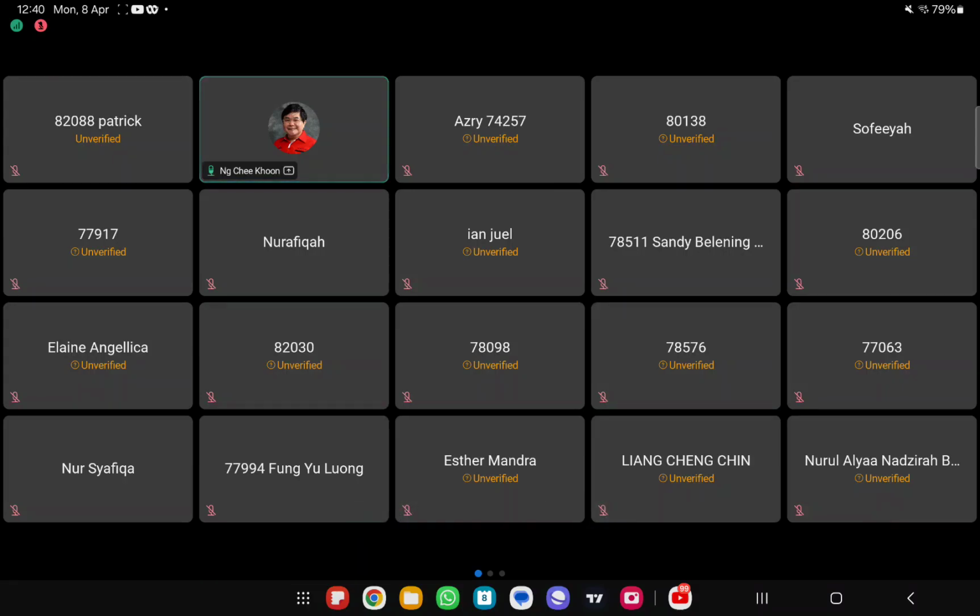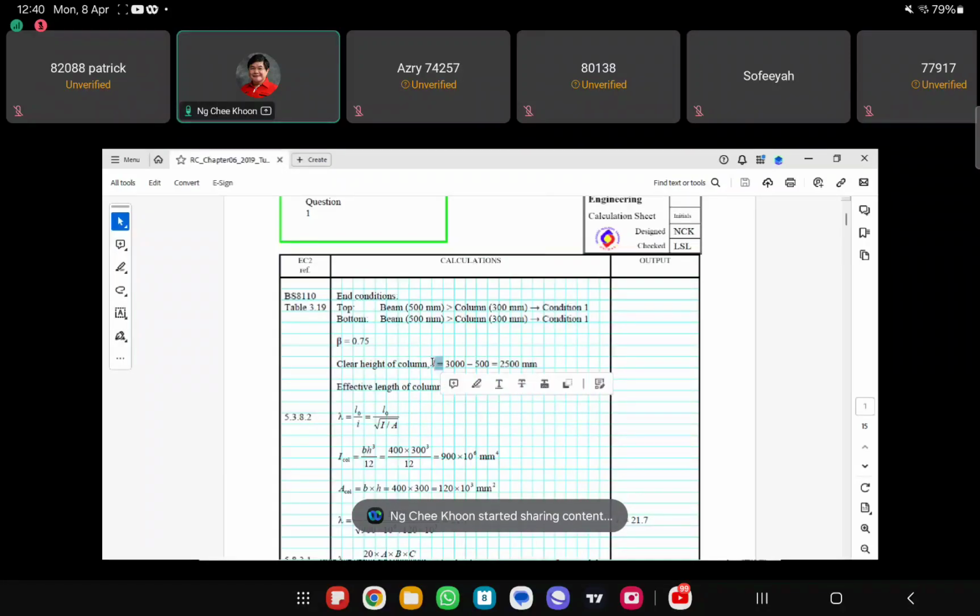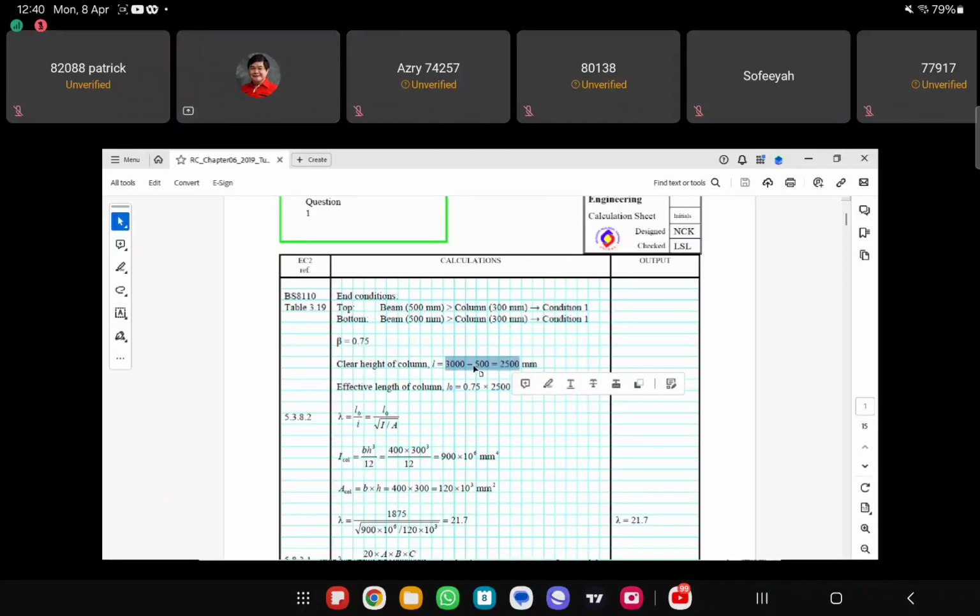So that's why you have the clear height with respect to y-axis. So it's better to denote this as Ly, no? Because we are all calculating with respect to y-axis bending. So Ly in this case is 2,500 mm, right? And then the effective length is LOY. So please label this as LOY so that you know that it's only for y-axis bending. So is this factor beta here multiplied by the clear height of the column. So I get